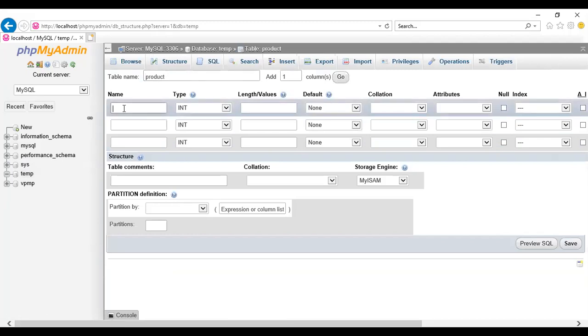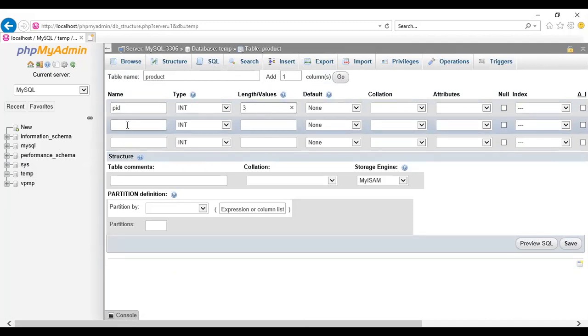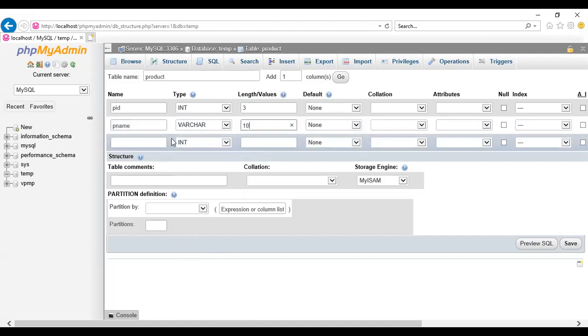See the 3, here we have to just define the name of the columns. PID integer length 3. Next is pname varchar size 10, and last column it is pcost integer length 5.